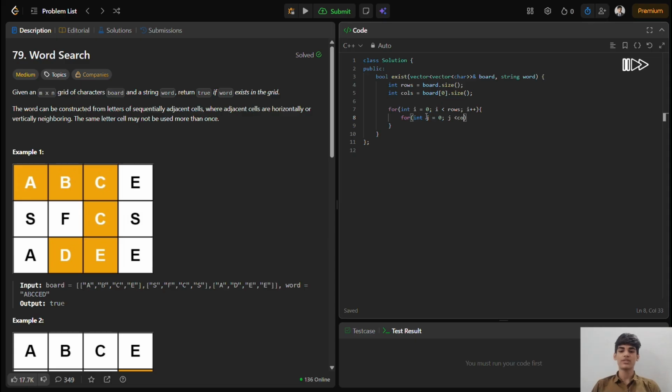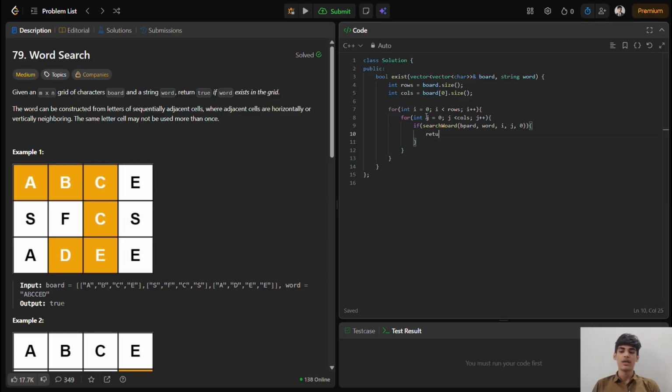Inside that, we nest a second loop using the variable j. While loop i selects the row, loop j moves horizontally across every single column box in that row. For every single box coordinate i, j, we call our helper function search word. We pass it our board, our target word, our current starting coordinates i and j, and the 0.